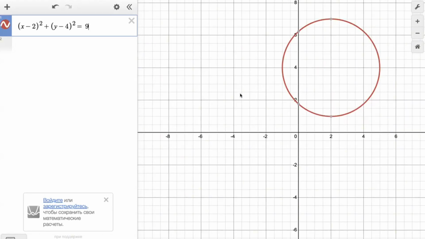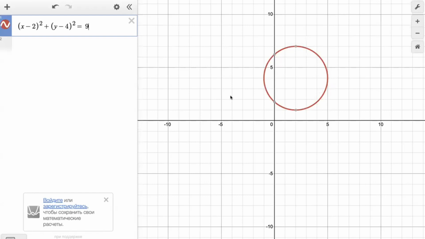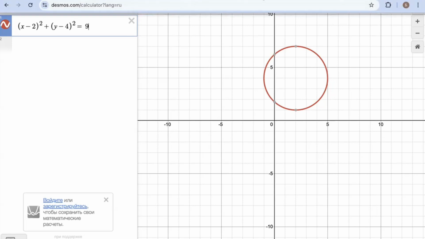Okay, in this case, this is our circle, right? And you see that inside of the circle, you have -2 inside of the x, and -4 inside of the y. So in this case, your center, let me write, your center will be 2 and 4, because you have -2,